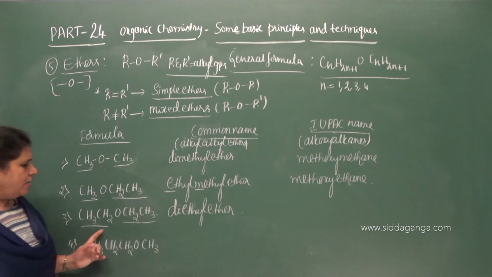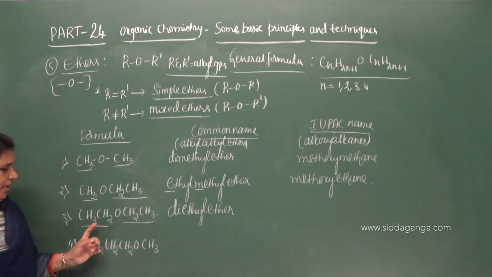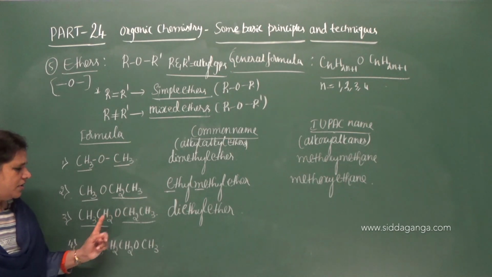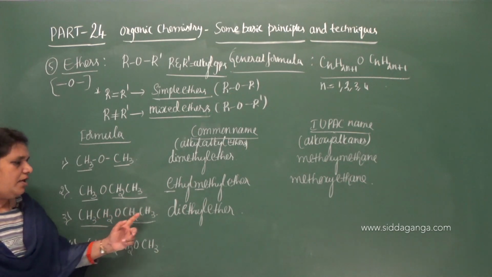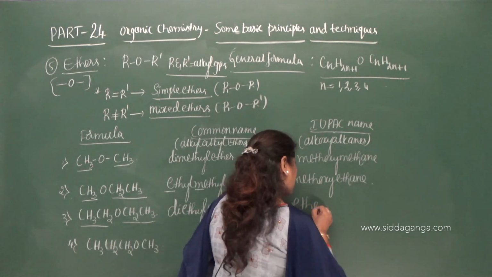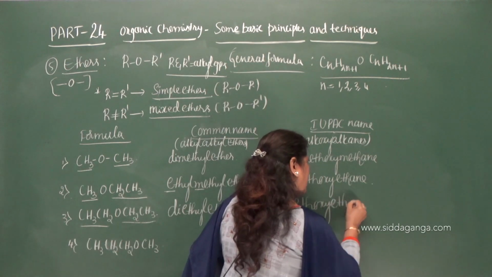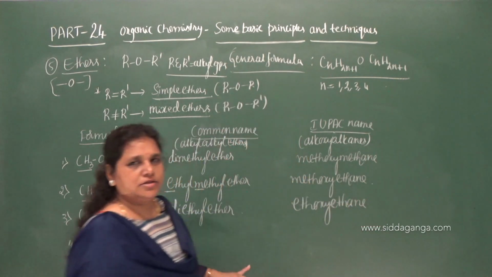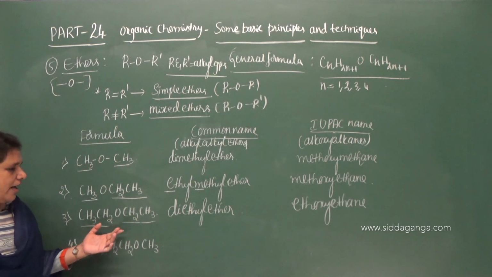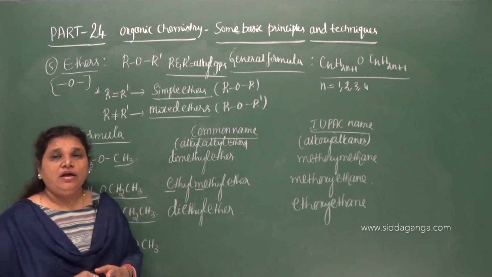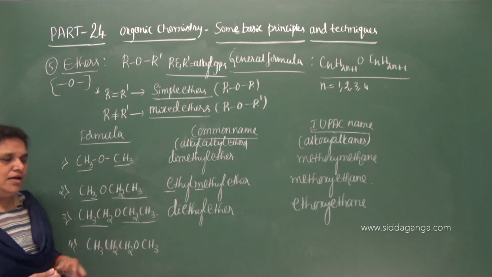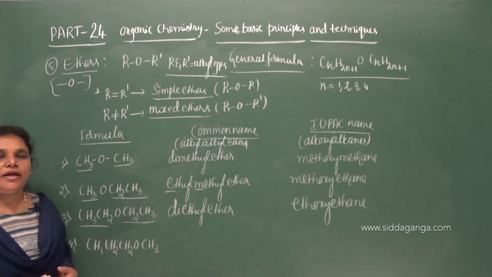Diethyl ether. Since both the alkyl groups are the same, you can take one of the alkyl groups along with the oxygen. So ethyl, oxygen, ethoxy. Ethoxy, ethane. The root word is also ethane, and hence the IUPAC name is ethoxyethane. Since no locant is there in these ethers, because the carbon chain is not branched. Whenever the branching of the carbon chain takes place, definitely we will get the locant. Since here the carbon chain is not branched, we are not getting any locants here.